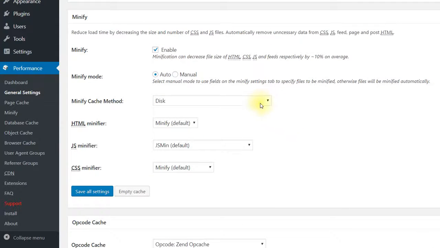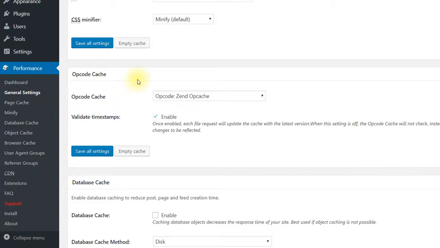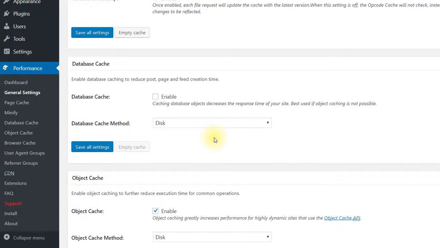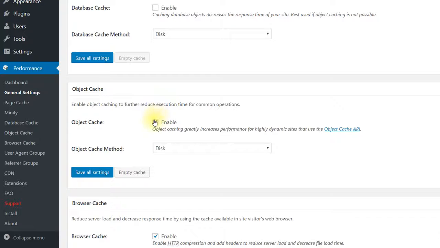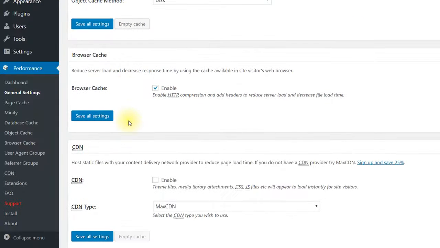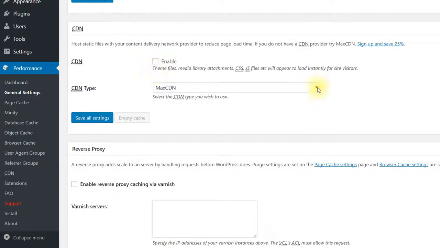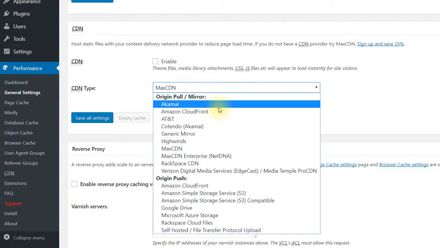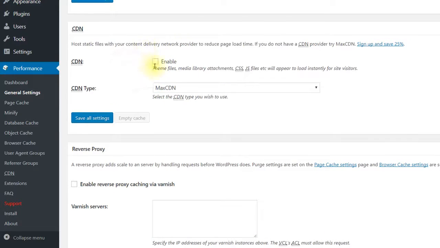Coming to the Minify section, first disable this Minify and move on to opcode cache. Nowadays, most shared hosting itself offers opcode cache, whereas if you don't have, then leave it. Else, choose the one that you have. Coming to database cache and object cache, disable both of them. Now come down to browser cache, enable it, and coming to CDN. If you had purchased a CDN from any of these, then choose it and click enable, else leave it disabled